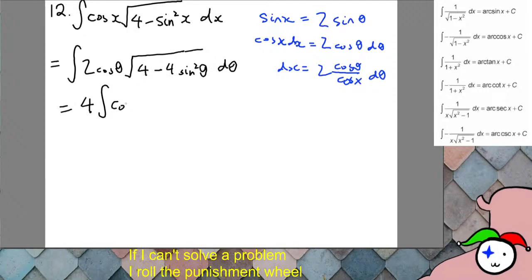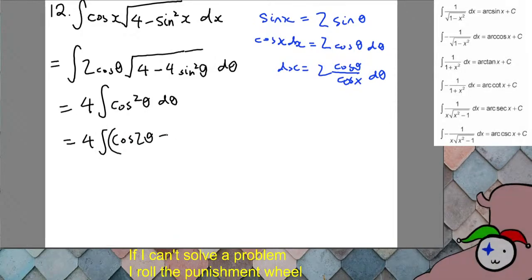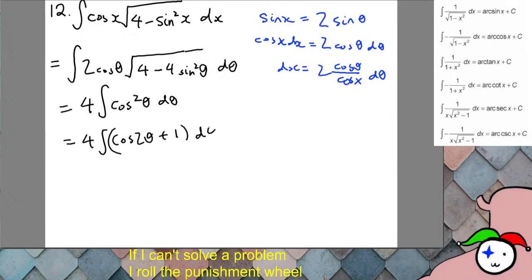So this is another cos theta, which gives you cos square theta d theta, which we've done before, is 4 times cos 2 theta plus 1 over 2 d theta, which is 4 times